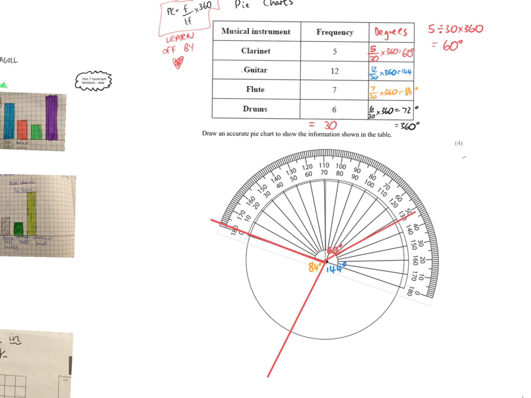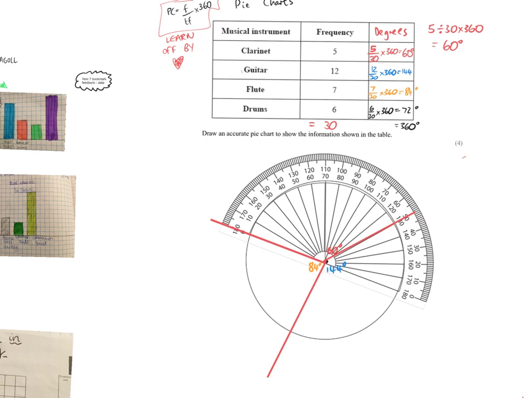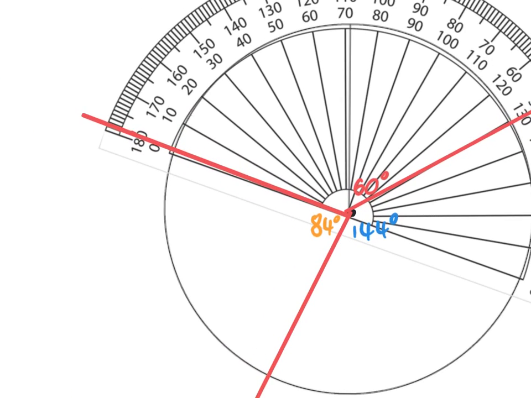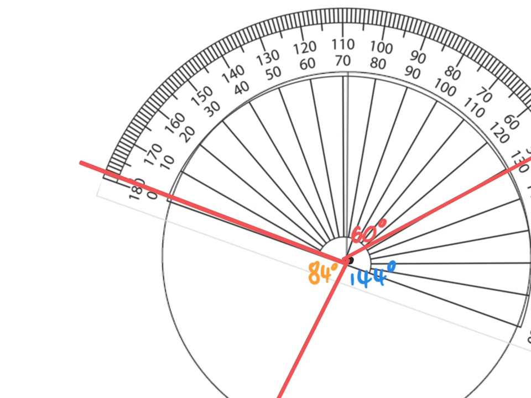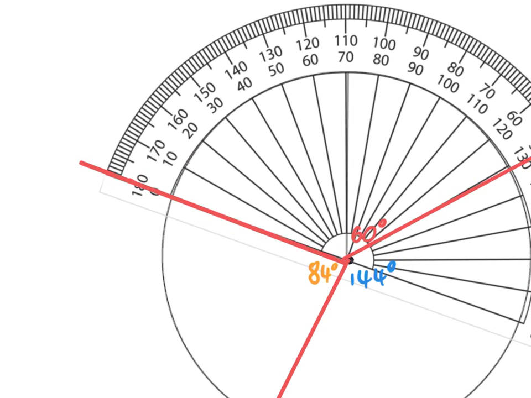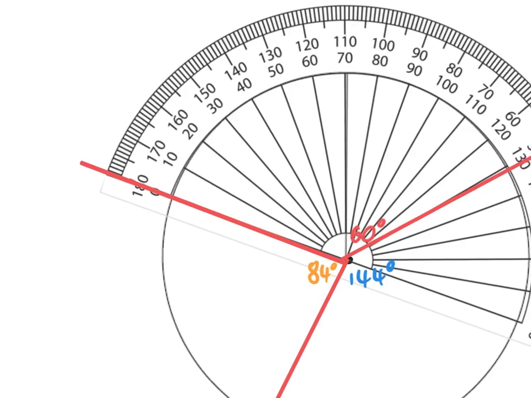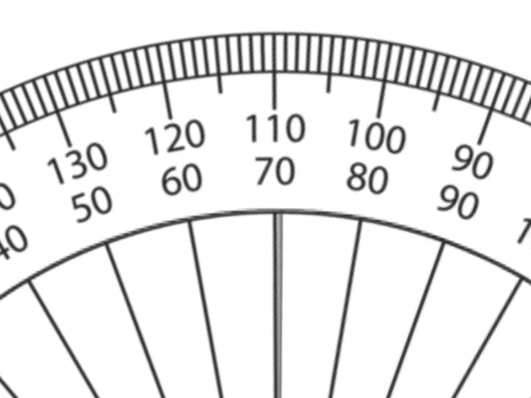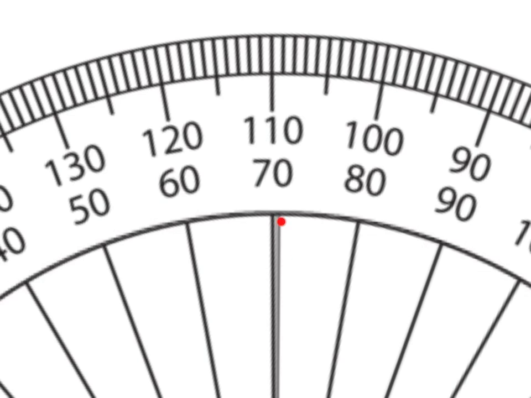Easier said than done, this bit. I can see that with 0 dead on this line here, can I move it a tiny bit? There we go, 0 on that line there. Now can you see that this line here is just past 70, probably on 71 now,